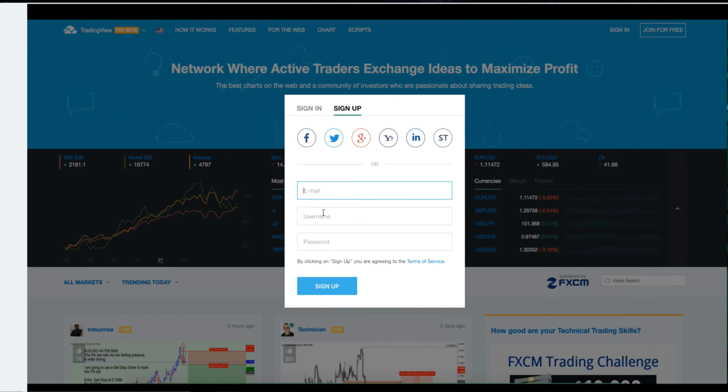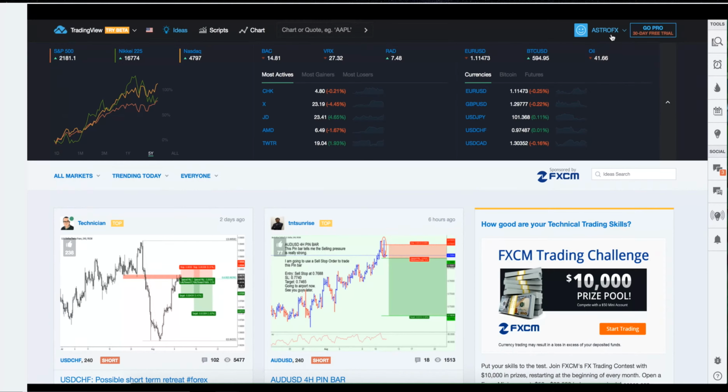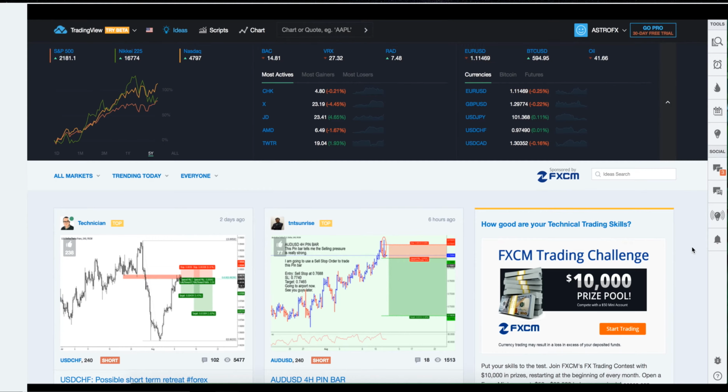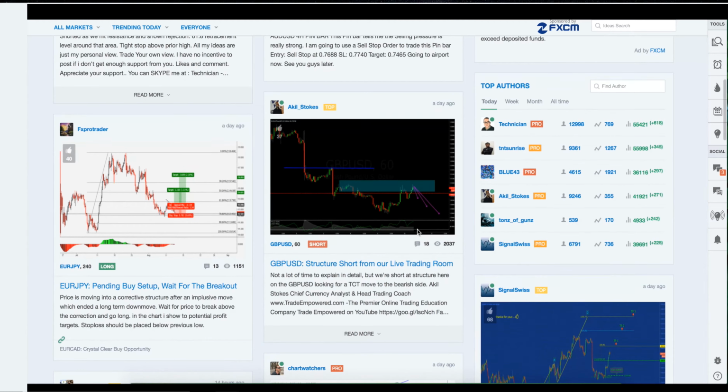You can sign in, email, make yourself a username and password. The username, by the way, guys, is going to be the name by which you are recognized, because on here, when you do get some experience and so forth, you can actually start to build a profile, and you can publish ideas, such as these ideas here. You can maybe be working towards being on the top author board, and as you can see, you have all of your friends. You can see how many people have viewed your content. People can comment on your content, and so on.